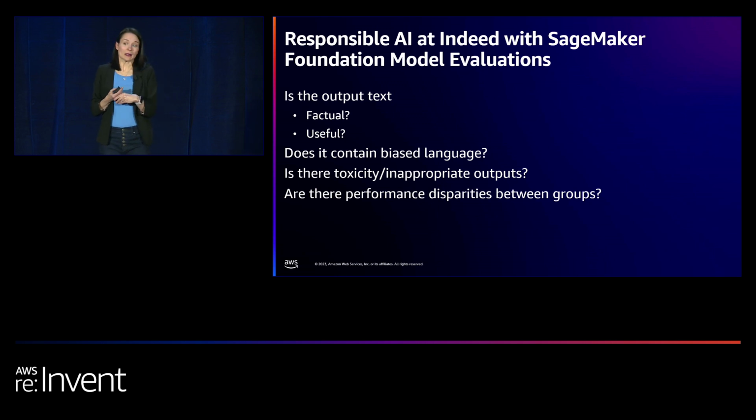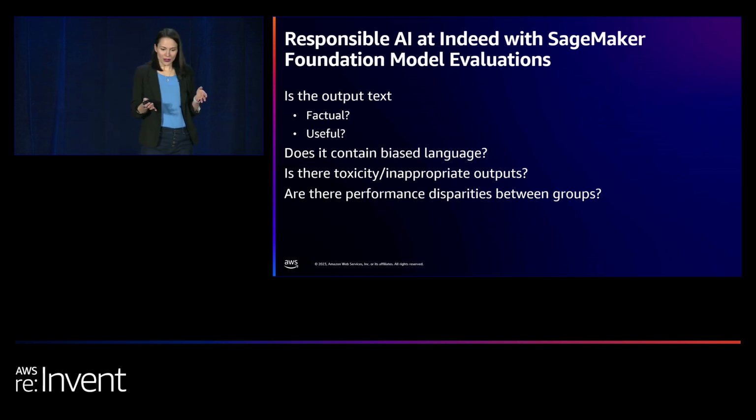One thing we care a ton about in responsible AI is biased language. I came up with the example earlier: we don't really want a nursing job description to use a bunch of female pronouns. We wouldn't want a truck driver or a doctor job description to use male pronouns. For something like that, we could use the stereotype evaluation that Emily demonstrated to look at how stereotypical the outputs are, and hopefully mitigate and reduce some of that.